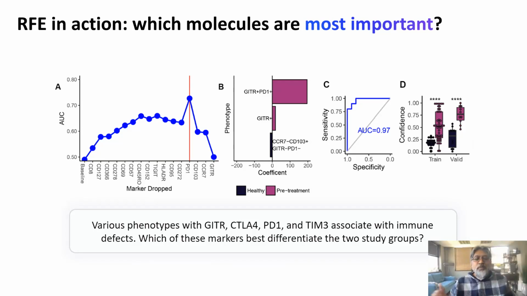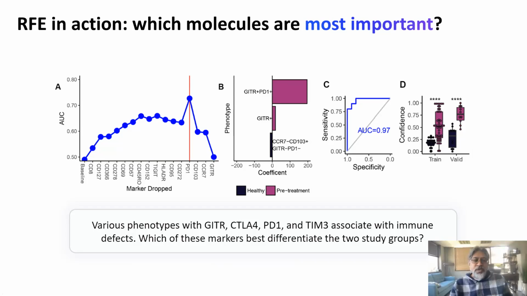And then as we drop markers, we can see that the AUC is kind of going up, but then we hit a point where, after we drop PD1 from the group of markers that we're looking at, suddenly the predictive power, the relationship to outcome, really drops. And so you can identify PD1, CD103, CCR7, and GITR as the most important markers to defining the difference between the patient groups. And if you look at the phenotypes that have those, you can identify in panel B here that GITR positive, PD1 positive cells are the ones that are most different between healthy donors and pretreatment